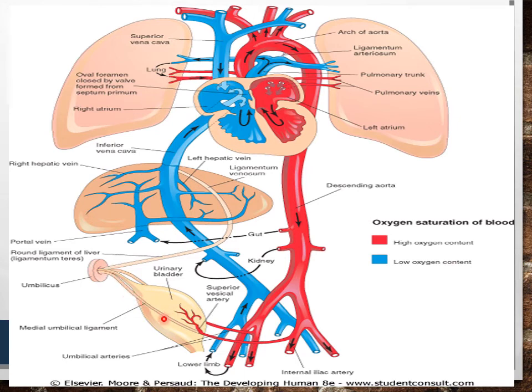And yes, definitely you can see here the umbilical arteries where they are going to be fibrosed and become ligamentous as the medial umbilical ligament. The distal portions become medial umbilical ligament, but these proximal parts become the superior vesical artery. This is going towards the urinary bladder, and this is the superior vesical artery of the adult.